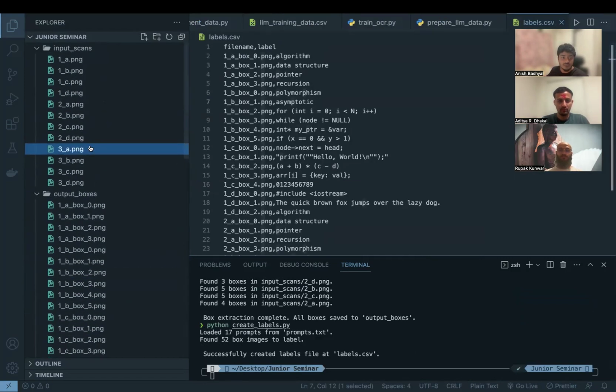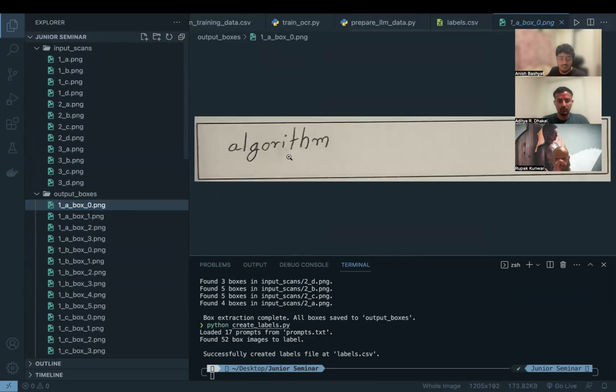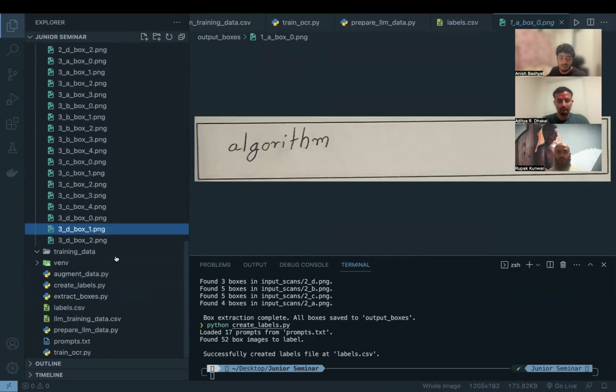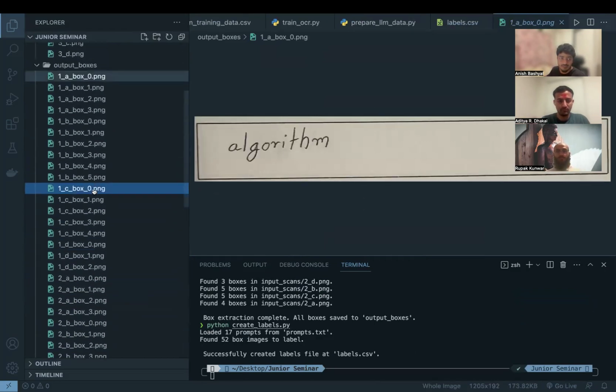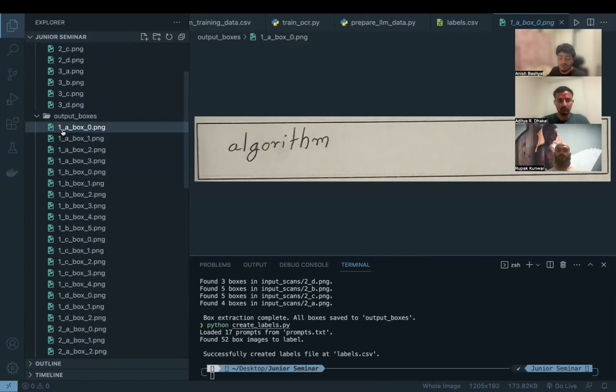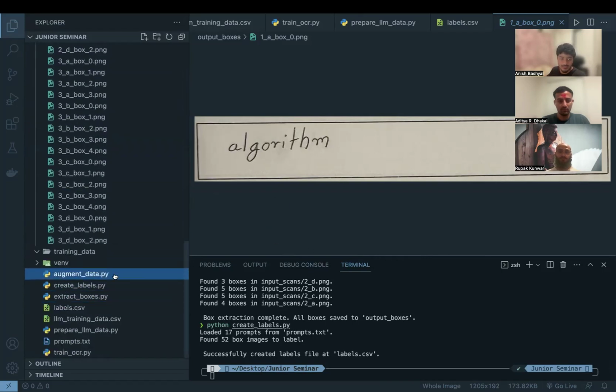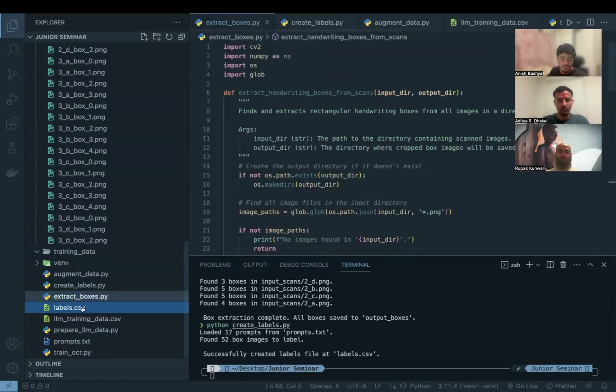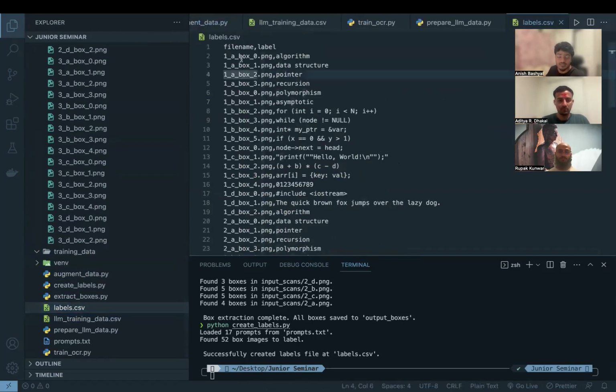So each of these corresponding boxes are now labeled by their correct answer. For example, for this 1A box, the answer inside is algorithm, but it could be anything in the handwriting. But by the label, we can know for sure that it's algorithm, and this will be used as the ground